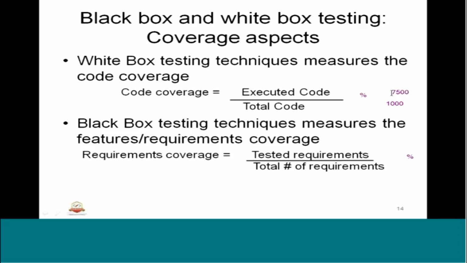That means while doing the white box testing we have covered 7500 lines, which becomes 75%, right? So that is the code coverage I have. So 25% I would not have covered. So what are the techniques that we can use to cover it? All that we will study while doing the white box testing